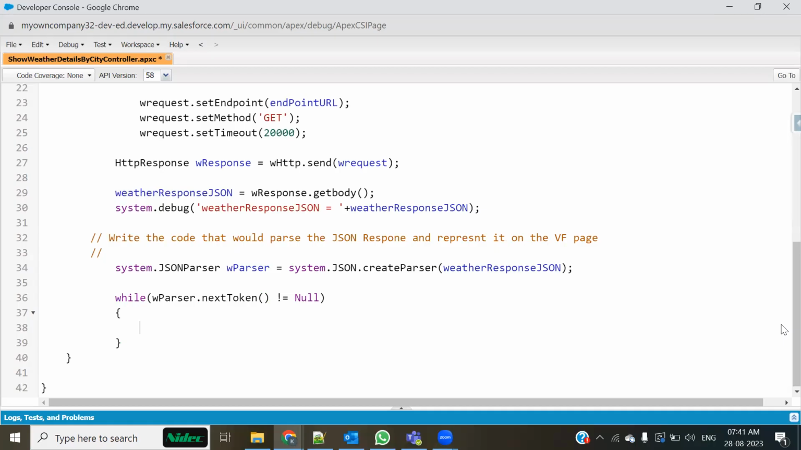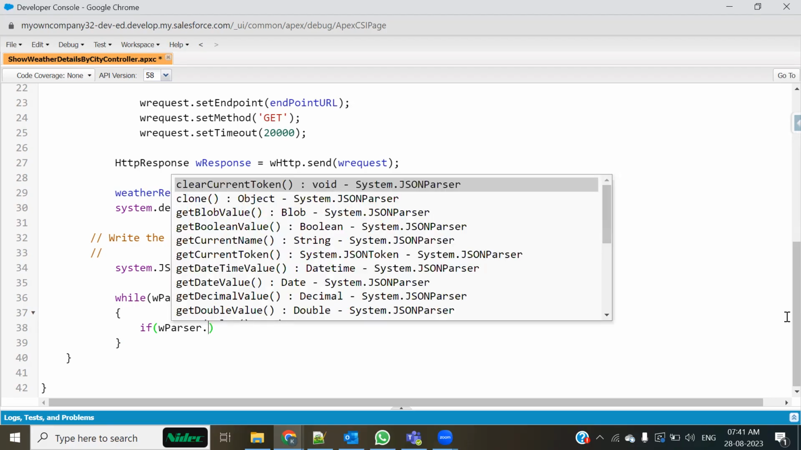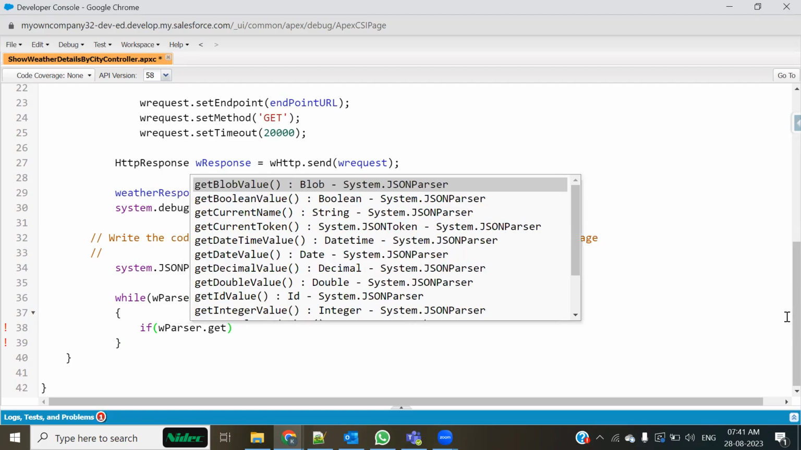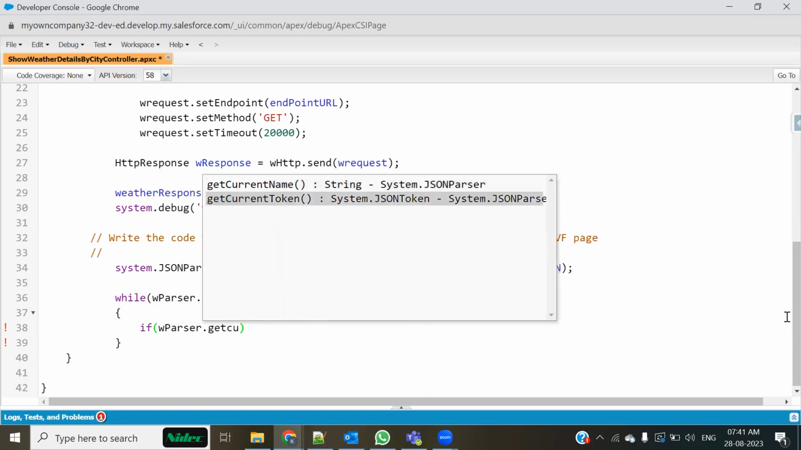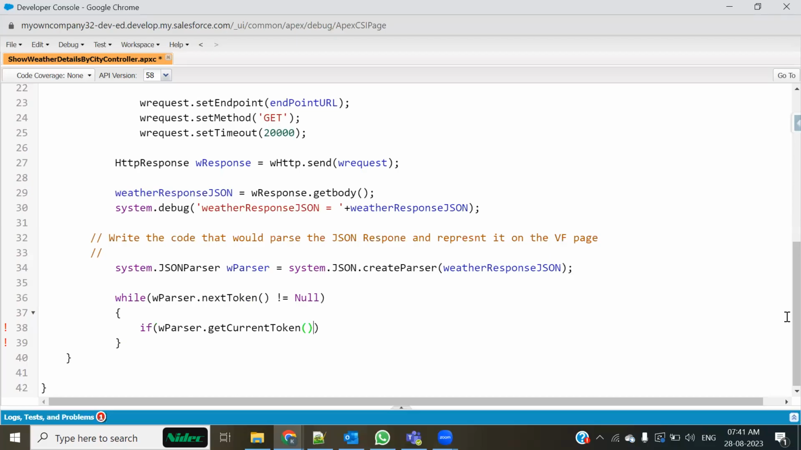So it's not a new thing. Now I would be going to design the same thing which we have created, the same parsing mechanism which we did so many times, right? So parser dot get the value of current token first of all,